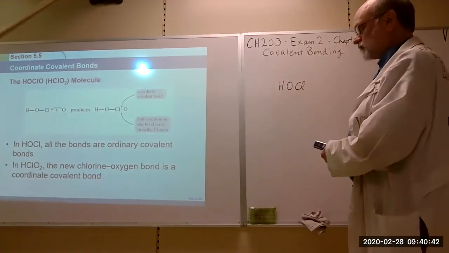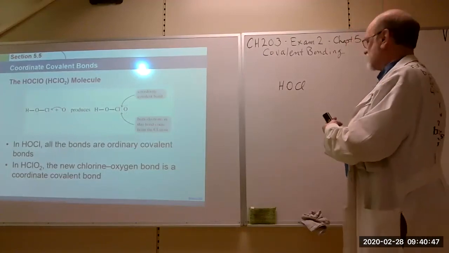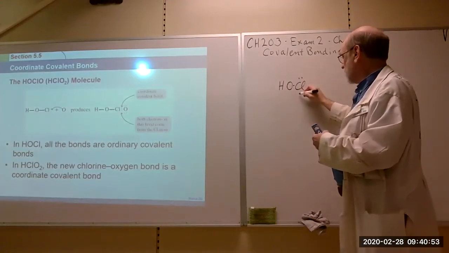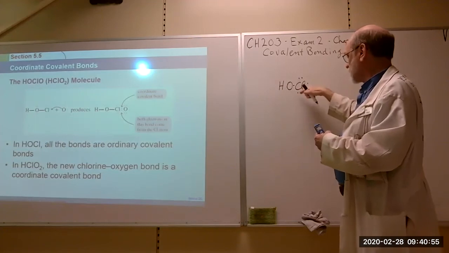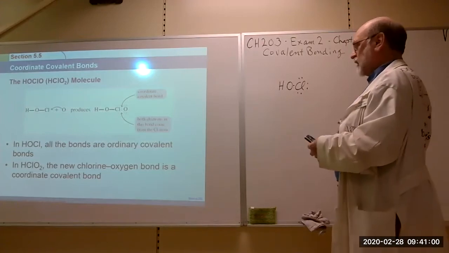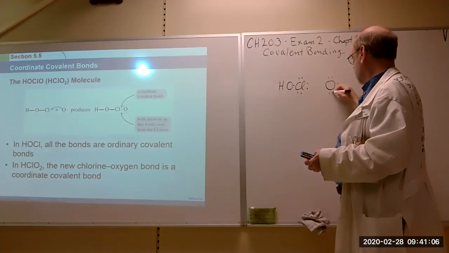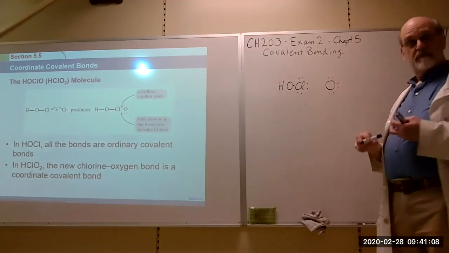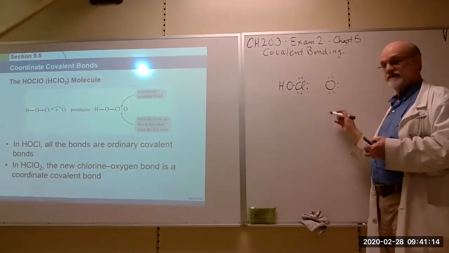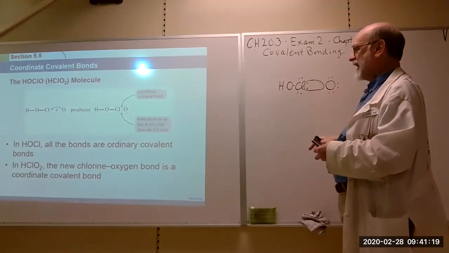HOCl. What it wants to do is form a bond with oxygen, because this one's already got, 2, 4, 6, 8, an octet, right? So it should be happy. But this one over here doesn't have an octet, right? So it's going to induce that one to give up its electron to form a bond. So both electrons are contributed to that bond, and now we have